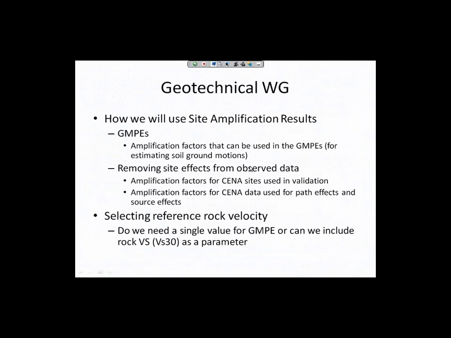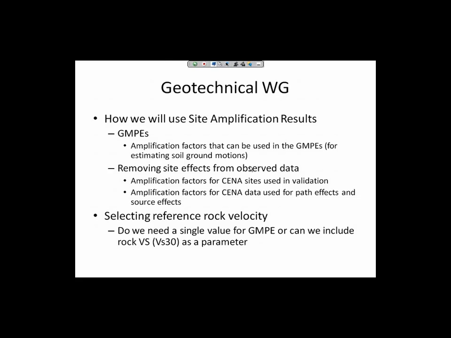Okay. So first, in talking about what Youssef has shown, what are we going to do with the results? What do we need out of the geotech part? There's really three things we're doing. One is our charge for NRC is to get a hard rock model. But if you want a ground motion model that's much more broadly applicable, for example, if USGS wants to do 760, we need amplification factors.